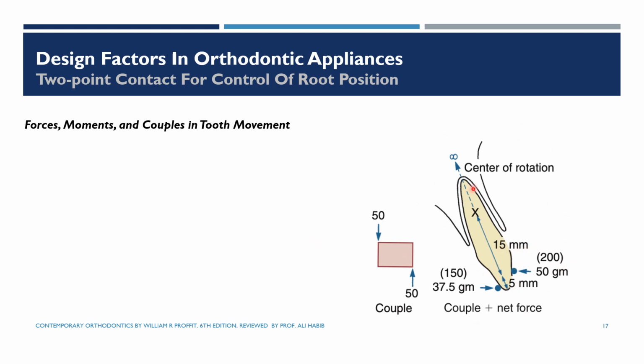For example, if you want just to tip a proclined incisor lingually, by removable appliance with an active labial bow, you can apply a lingually directed force, and this will create a moment that will tip the crown lingually, but at the same time it might move the root apex a little bit labially, which we call uncontrolled tipping, but sometimes it's desirable. If you want to do a bodily movement, perfect bodily movement, then we have to apply,